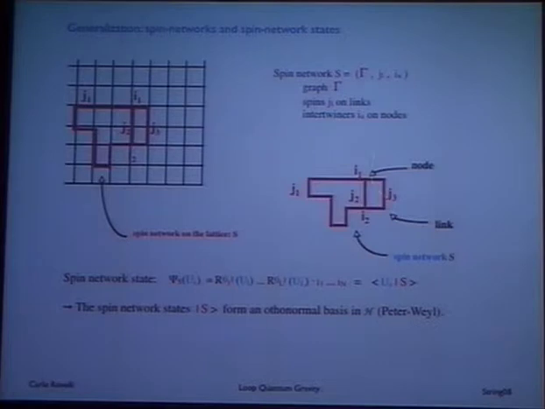Now, for each one of these objects, you can construct a state, basically by contracting the invariant tensors with the representation elements. And these states, again, have the same properties. They are eigenstates of the electric field where the eigenvalue is concentrated on the graph, and they form an orthonormal basis in the Hilbert space. So, as long as you're on the lattice, you can transform everything to this basis and represent Yang-Mills theory entirely in terms of these Faraday lines and operators acting on them.